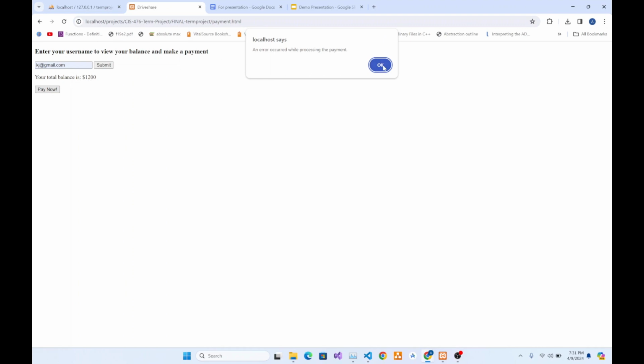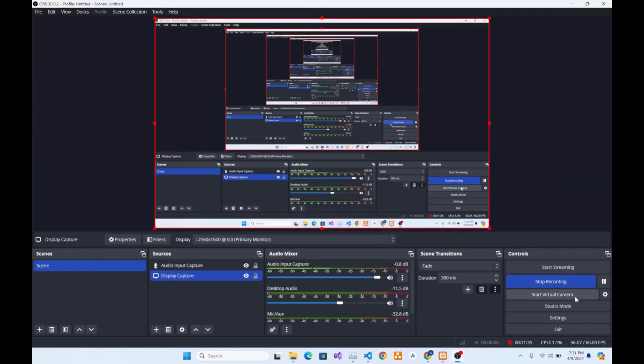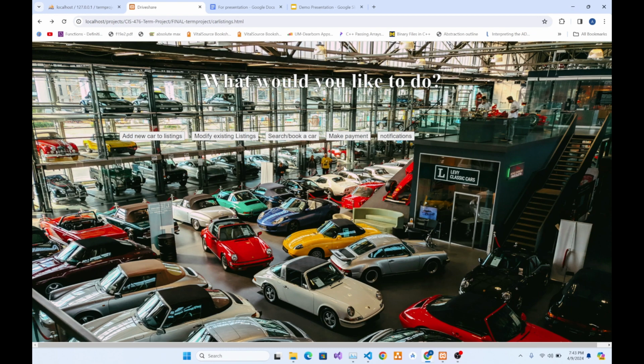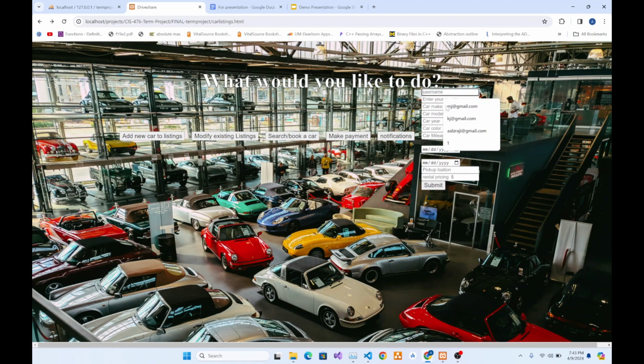Error occurred while processing the payment. That's not supposed to happen. One sec. Okay, so my bad for that, but we've got to delete. I already deleted it, and to do it over again,